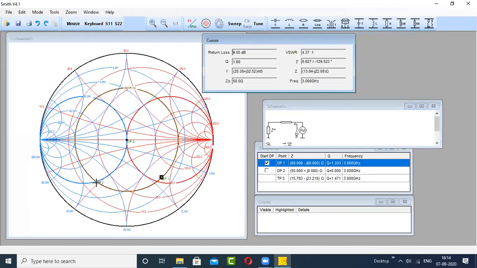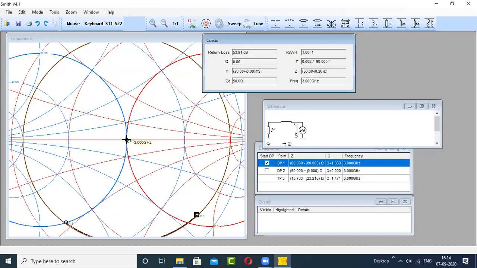If I keep this cursor here, you can see that in the impedance or the admittance there are imaginary components. Okay, but the moment you reach the center of the Smith chart, you can see that the imaginary component vanishes to 0.